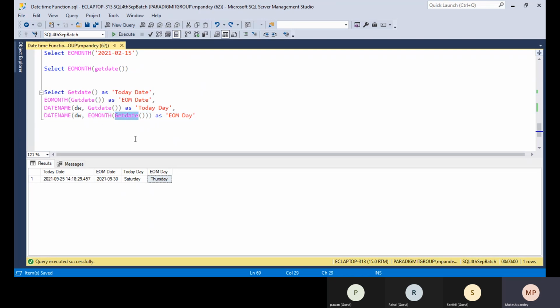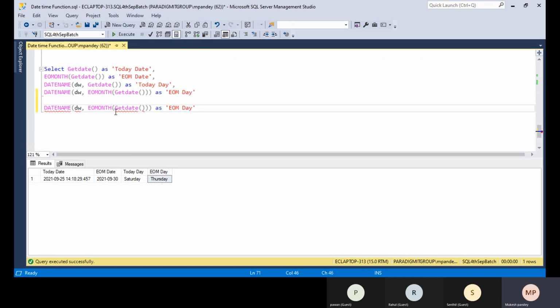Suppose someone asks you a question and gives you, for example, 12th of March. What is the day name of the end of March? In place of GETDATE, you can put any date of the March month.